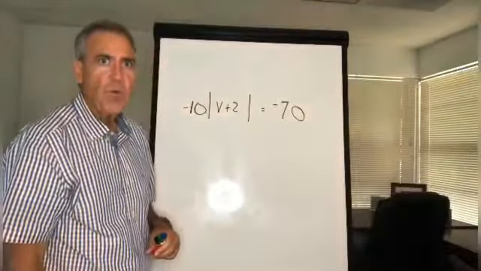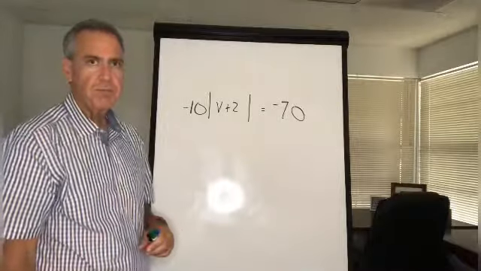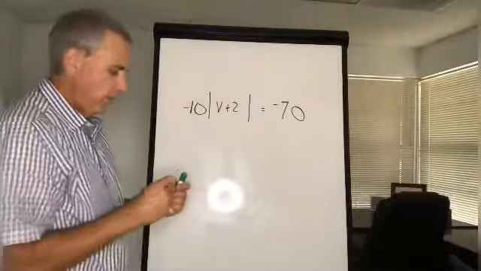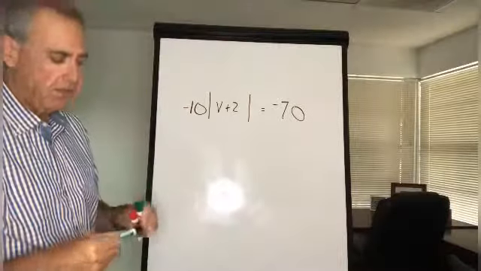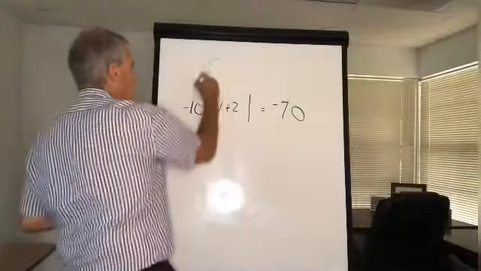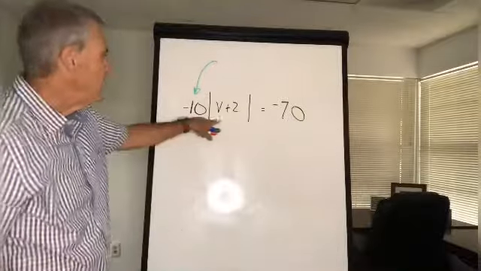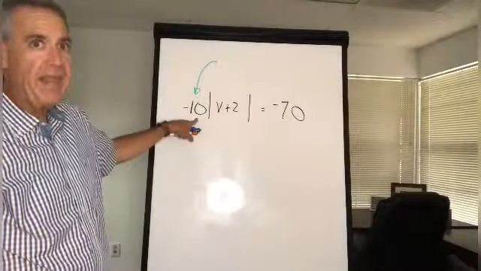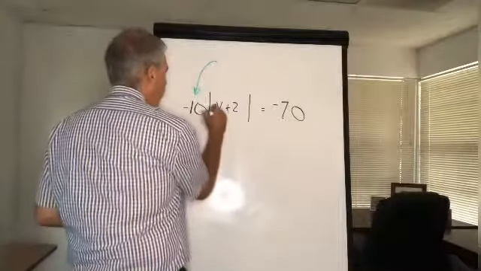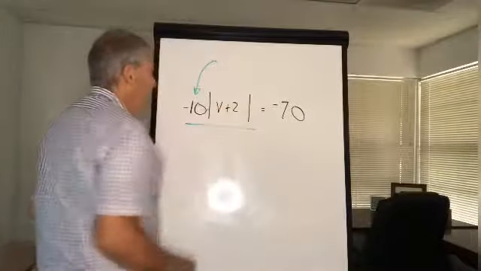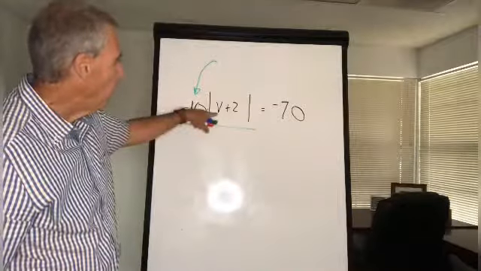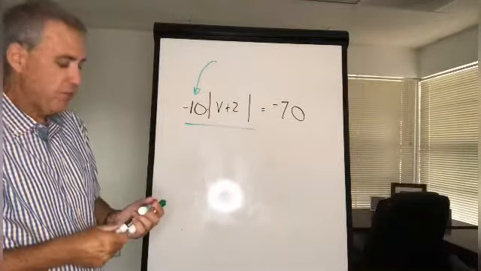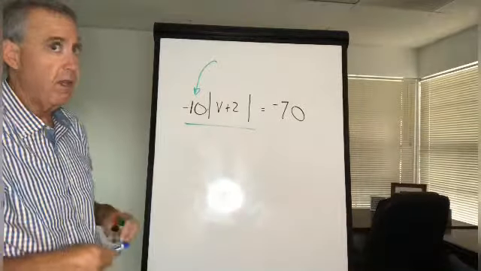Okay, we are back. How'd you do? All right. The first thing, I hope you remembered to do this. We're going to get rid of this animal right here because it has nothing to do with the absolute value. That's the thing we have to get rid of, that negative 10. And by the way, this is multiply. Negative 10 is being multiplied by this animal. The opposite of multiply by negative 10 is to divide by negative 10. Not 10,